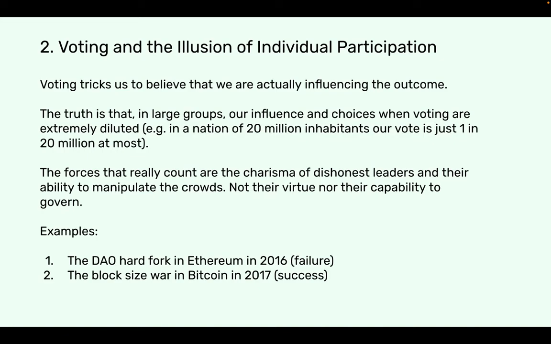In 2016, there was the DAO hard fork in Ethereum. Now I'm doing an analogy as if voting were a generalized way of making decisions in the blockchain industry. In 2016, there was the DAO hard fork where in Ethereum, that was one single chain, a hacker stole $50 million. So people said, okay, let's reverse the chain manually, violating immutability, but at least we're going to return the money to the rightful owners. Well, that's a huge failure.